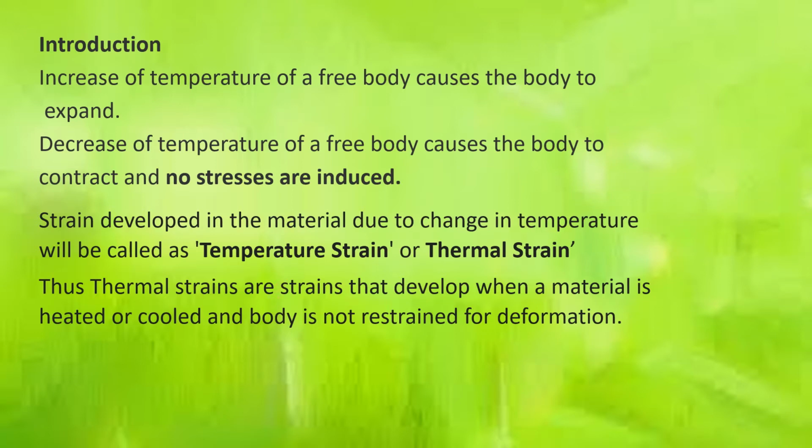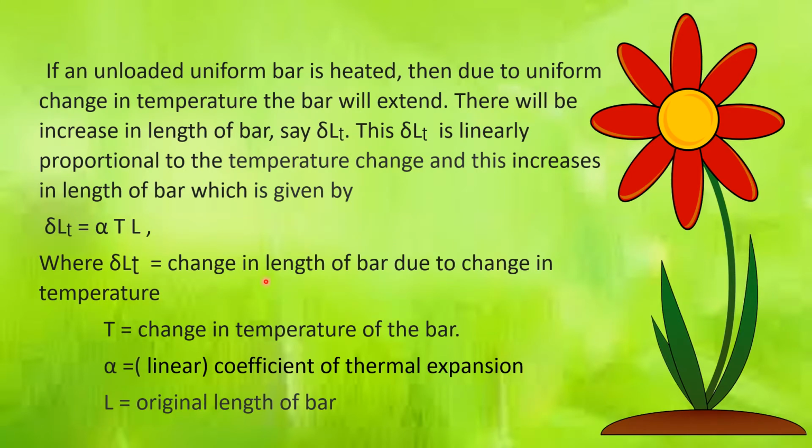The thermal strains are strains that develop when a material is heated or cooled and the body is not restrained for deformation. If an unloaded uniform bar is heated, then due to uniform change in temperature, the bar will expand. There will be an increase in length of the bar, say delta L T. T stands for temperature. This delta LT is linearly proportional to temperature change, and it is given by delta LT is equal to alpha T into L,